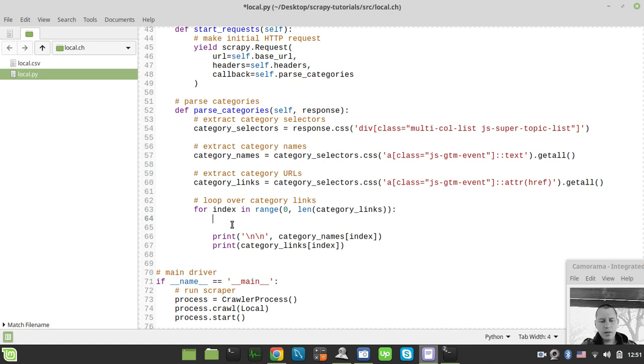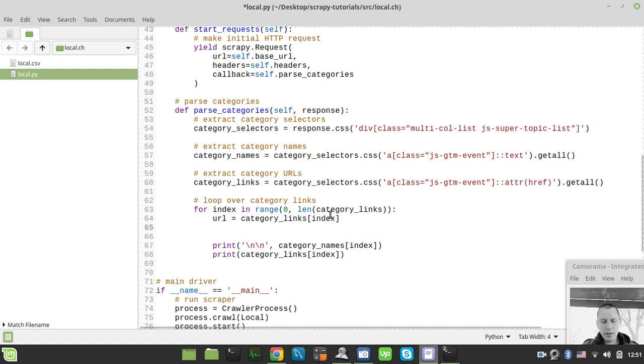we can say, next category. Okay, maybe just easier, so say URL, URL would be equal to category links indexed by the index, and name would be equal to category names